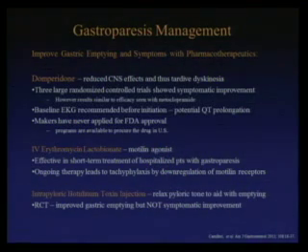There is some thought that because of the increased tone of the pylorus in gastroparetic patients, by injecting botulism toxin into the pylorus itself, you could relax the pyloric tone and aid with emptying. And there's a randomized controlled trial that showed that yes, this hypothesis was correct. By doing so, you could improve the degree of gastric emptying. Unfortunately, they did not see any symptomatic improvement in these patients, and thus, when the